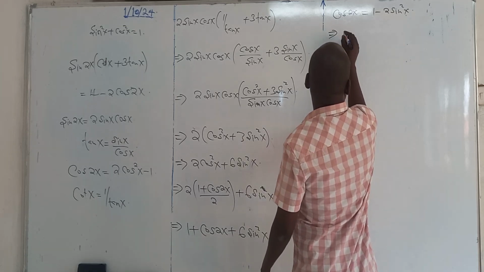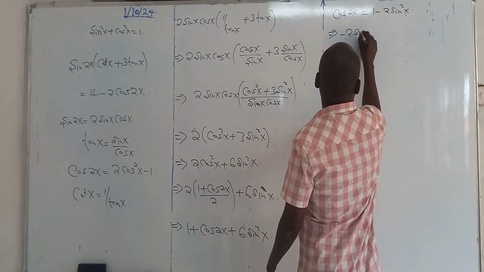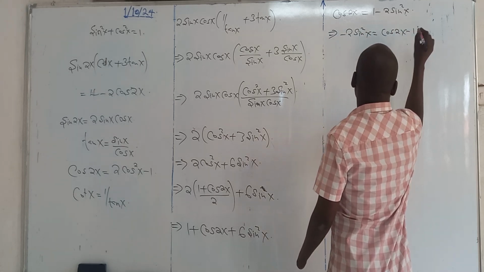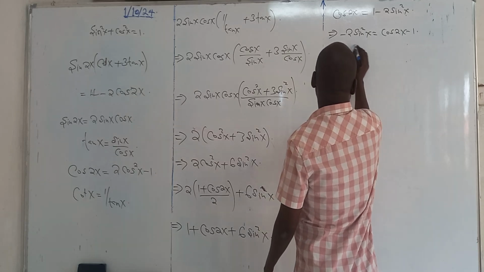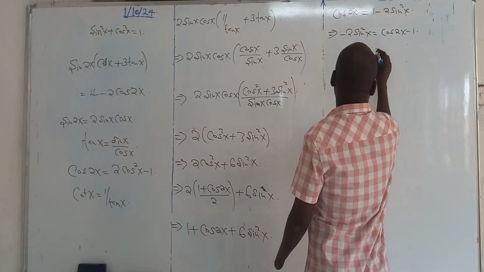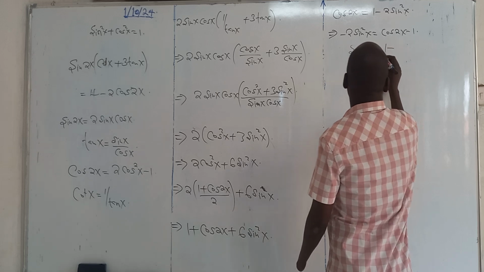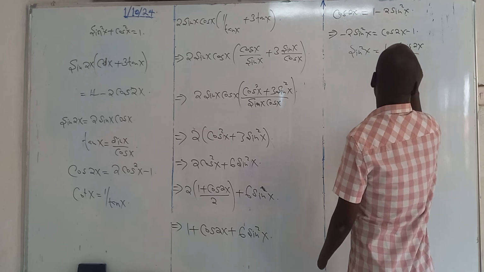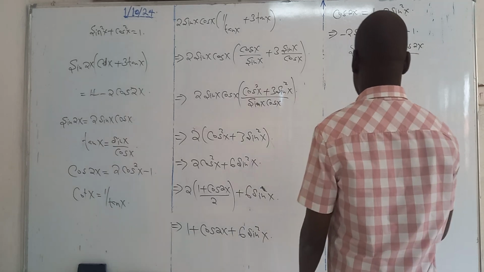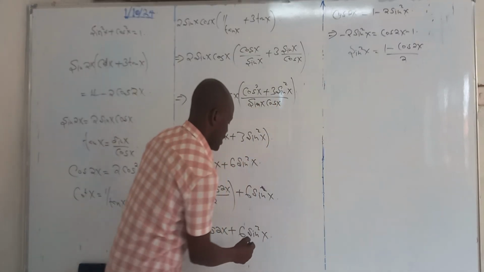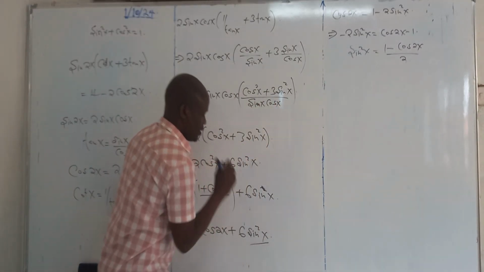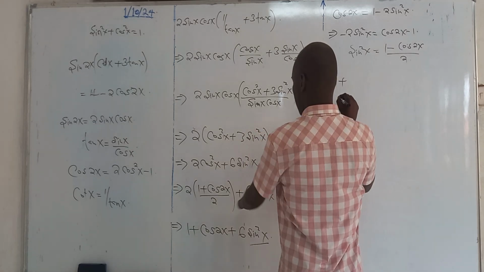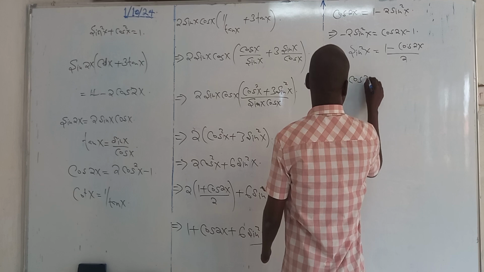So that's like saying that minus 2 sine squared x is equal to cos 2x minus 1. Dividing each term by 2, of course, we get sine squared of x is equal to 1 minus cos 2x over 2. So that's sine squared of x. So bringing it here means I'll be having in effect 1 plus cos 2x